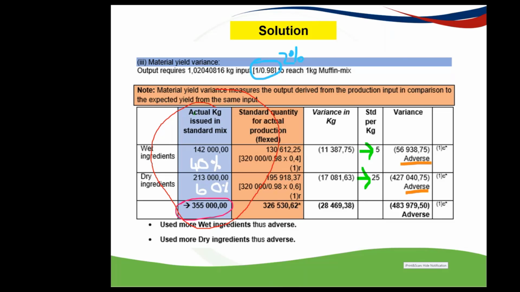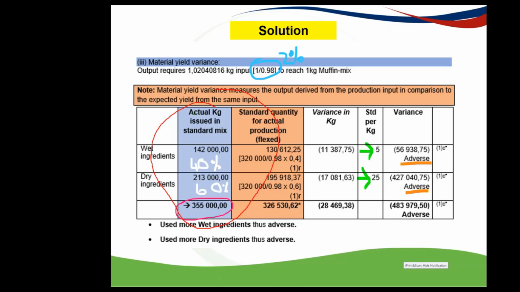Okay, the actual kilograms issued in standard BICs, the 142, the 213, which was the 355 that we split 40-60. Okay, so that table stays exactly the same. Okay, then